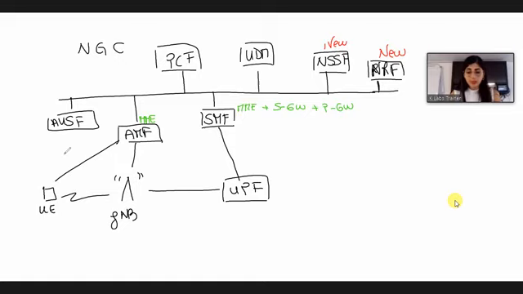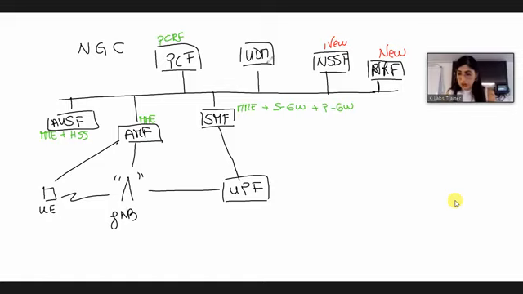Then we have the authentication server, the AUSF, which is in charge of authenticating the 3GPP and non-3GPP access. So it performs some functions that in the 4G core network were performed by the MME and the HSS. Then we have the policy control function, which corresponds to the PCRF of the 4G core network.